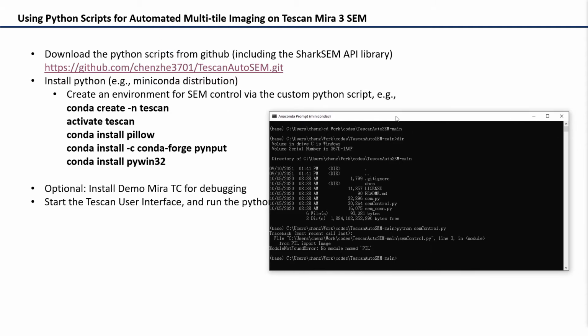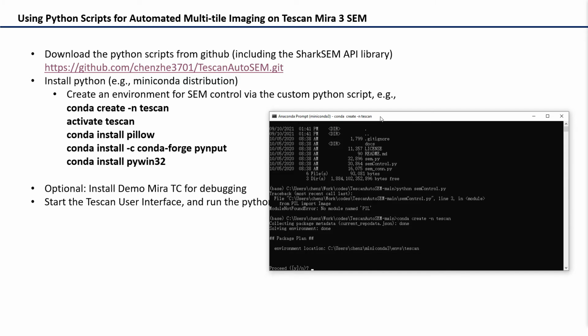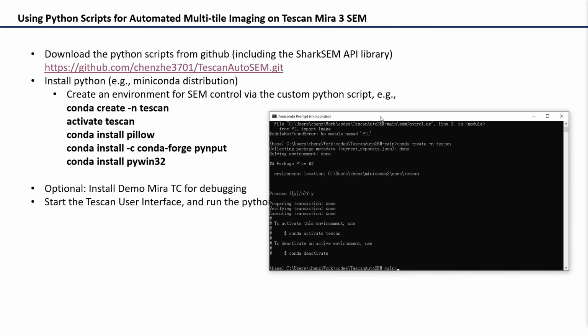So we can create a virtual environment by following these instructions. To create the environment, we type conda create --name, we call it Tescan, and proceed. Now we can check the environments that we have.